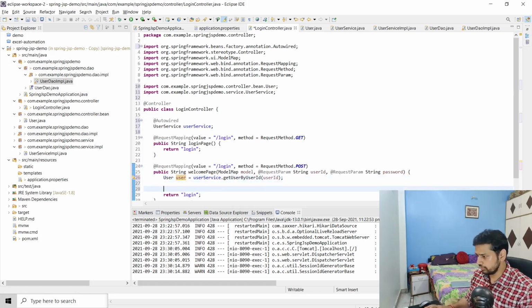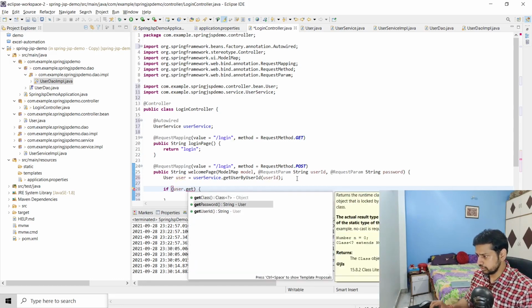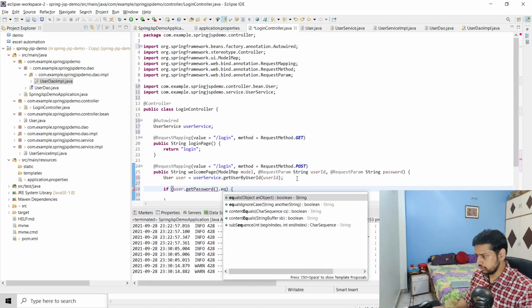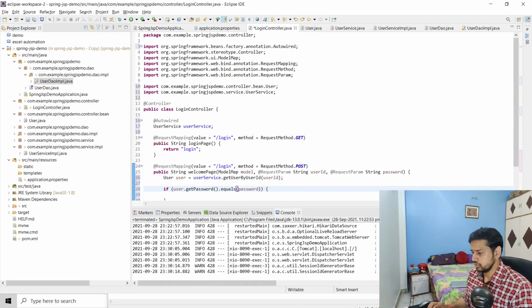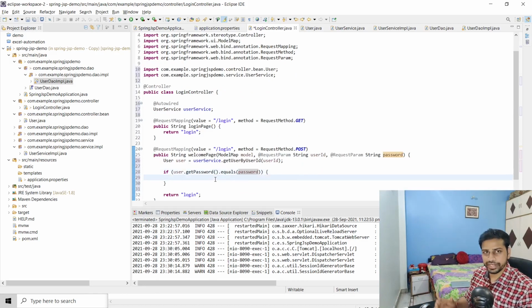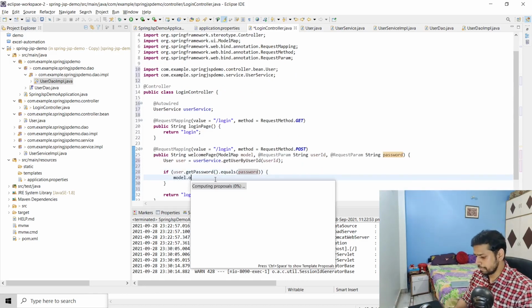So now we just have to do a simple if user.getPassword().equals(password).